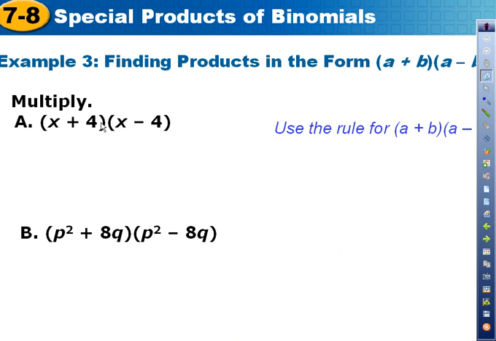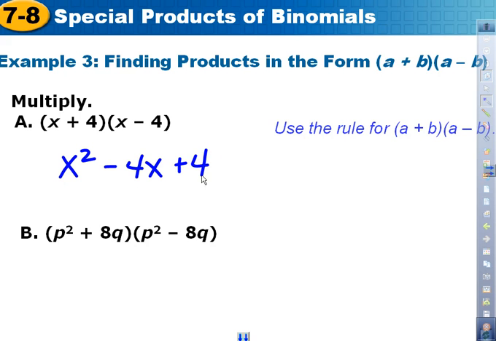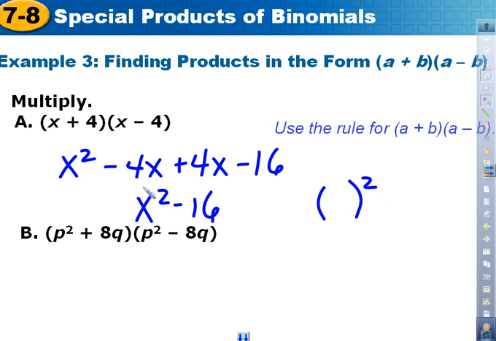Okay, this one right here, when you multiply your front two terms together, what do you get? When you multiply your outside two terms, what do you get? When you multiply your inside two terms, what do you get? When you multiply your last two terms? When you combine your two center like terms, what do you get? Do you see the difference of two perfect squares there? What's being squared right here? And what is being squared right here? 4. Isn't that a difference of two